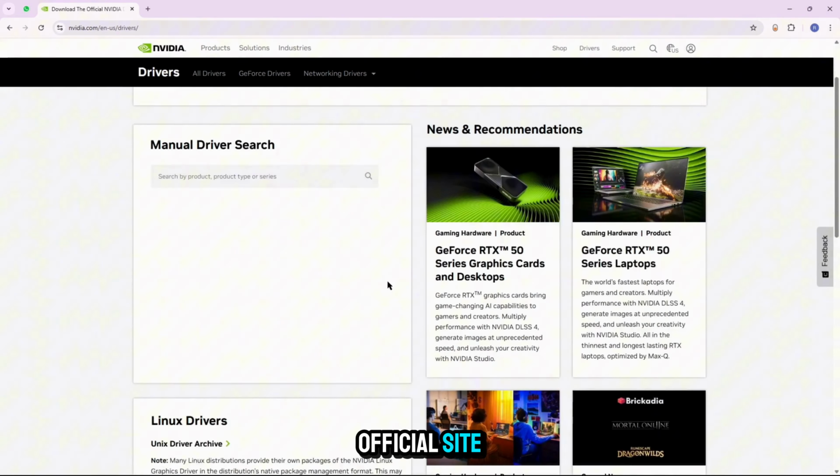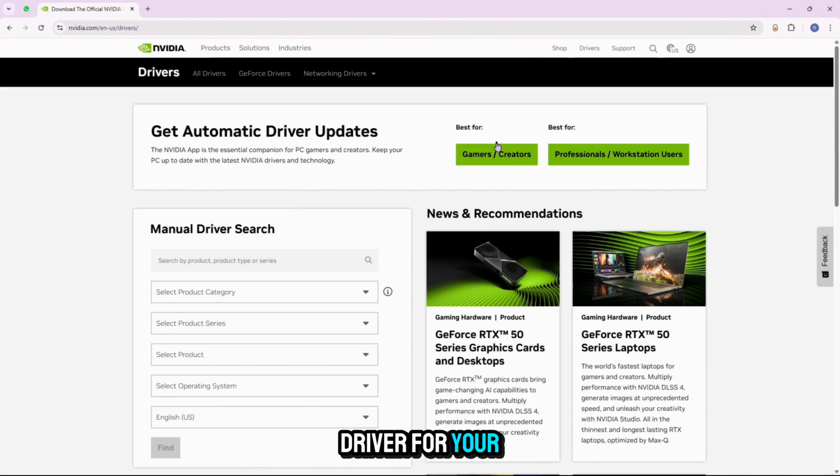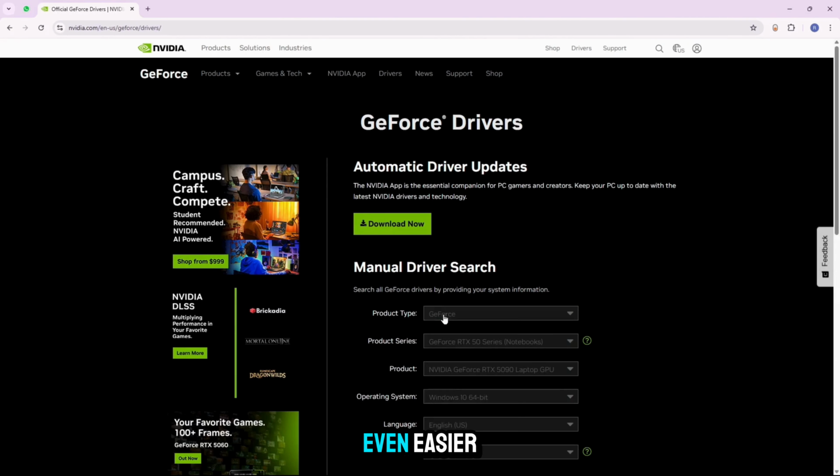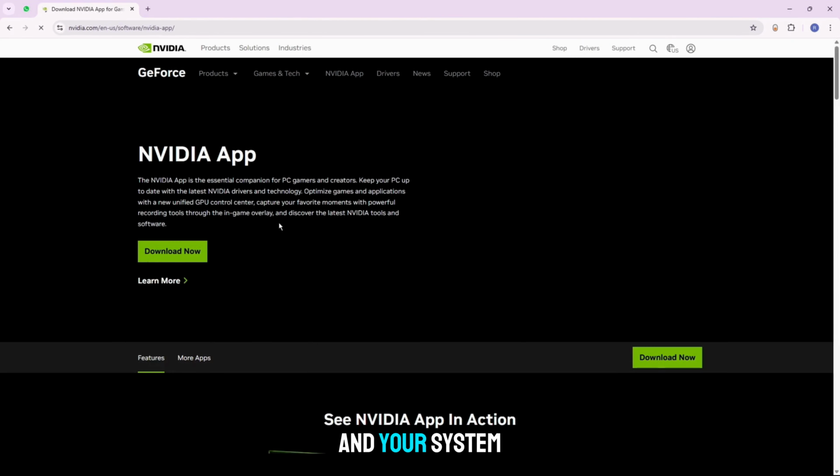Once on the official site, download the right driver for your card. You can also install tools like GeForce Experience for Nvidia or AMD Adrenalin software to make this process even easier. And that's it, your graphics driver is now up to date and your system should be running